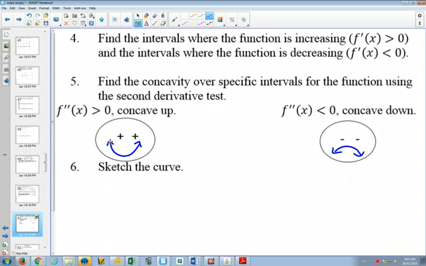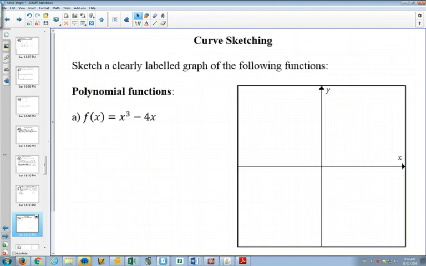Sometimes our graph is going to require us to use our graphing calculator because there's going to be things that we can't solve for. But most of the time we can graph things without our graphing calculator. So if we look at our first example here,